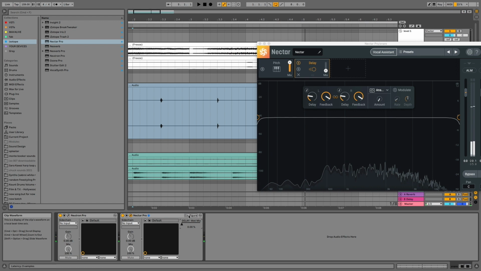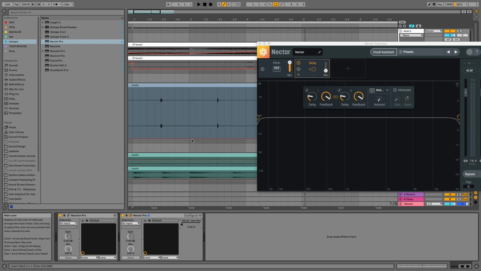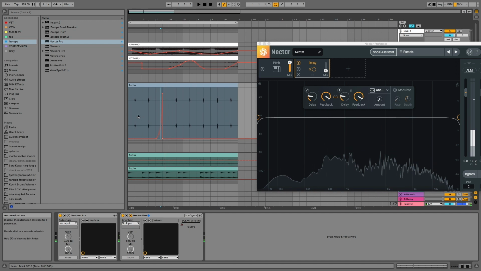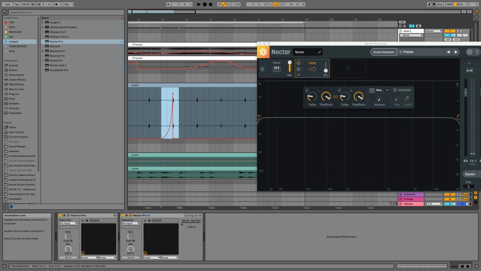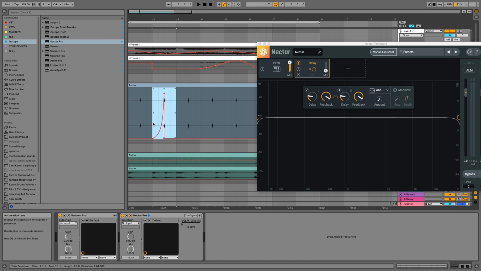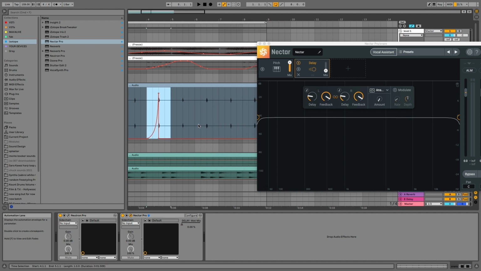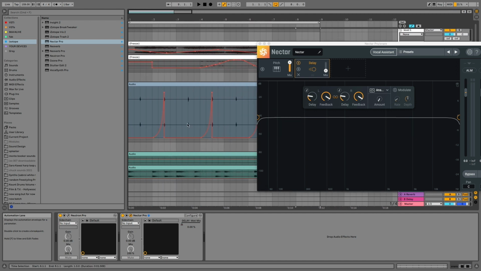Of course, I don't have to sit here and do that every time by hand. This is where curved automation is going to help. In Ableton, I do this by drawing a straight line, holding down Option, and bending the line to taste. Now you'll see and hear the delay zip right up to the snare and then disappear. I like this exact automation, and I don't want to have to sit here redrawing these curves. The greatest thing about automation is you can copy and paste, so we can have the identical curve all throughout the song.